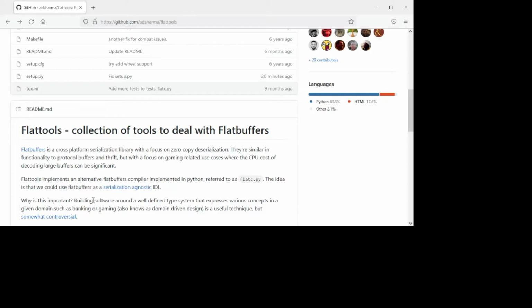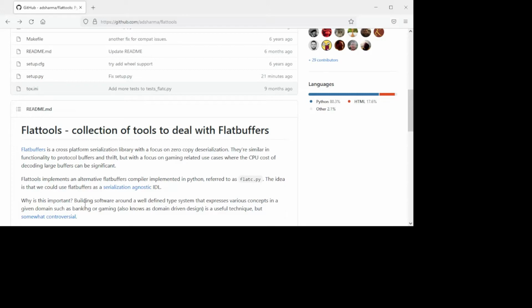But I found the interface definition language interesting. It could be used to write many different types of data structures, and then you could parse those data structures and generate code in several different programming languages. The Flatbuffer project itself includes such a tool that's written in C, and I wrote one in Python a few years ago because I found it more flexible. I could get it to do more things.